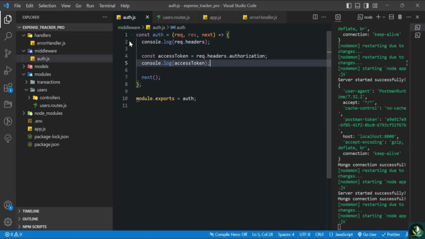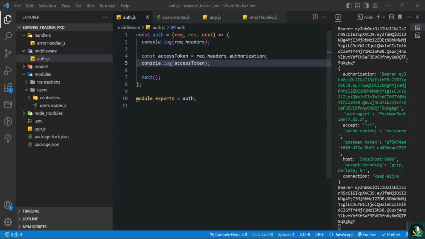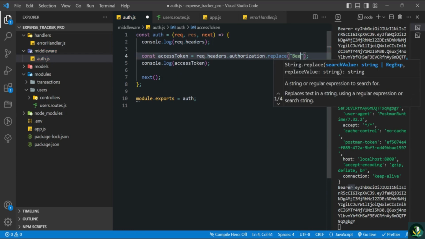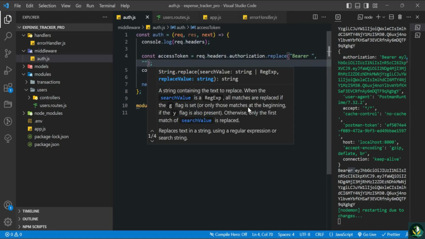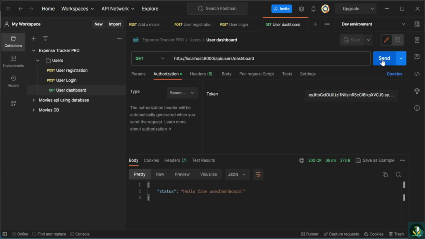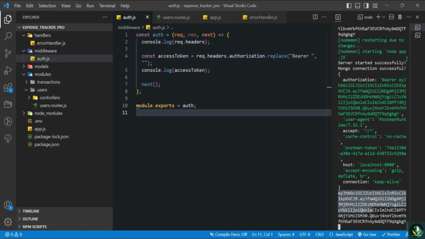and let's send the request from Postman again. And here you can see we are getting the SS token, but we still have this bearer, so we need to remove this bearer and white space from our SS token. So for that, what we can do is use dot replace, and then replace bearer and space with an empty string, right? So let's again console log this SS token. So after the server has started, let me send the request, and then we have the actual SS token that